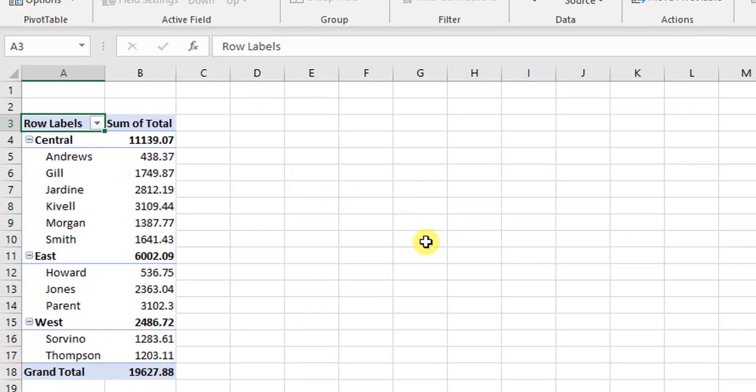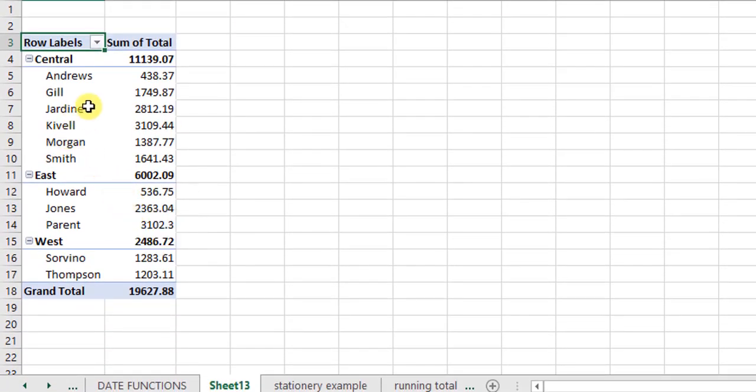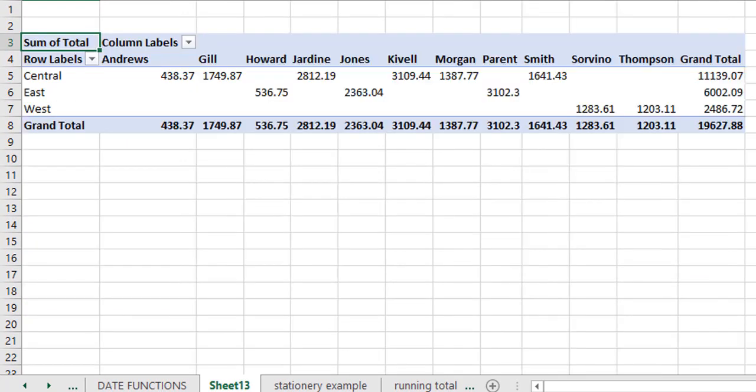Now we have the region, and inside the region we have the salespeople. If I want to have this sales data spread horizontally instead of vertically, meaning I want this to appear in columns, I just need to pull this salesperson and put it into the columns area, and then it is looking so neat now. So we have placed the data into columns. So now we have the sales data.